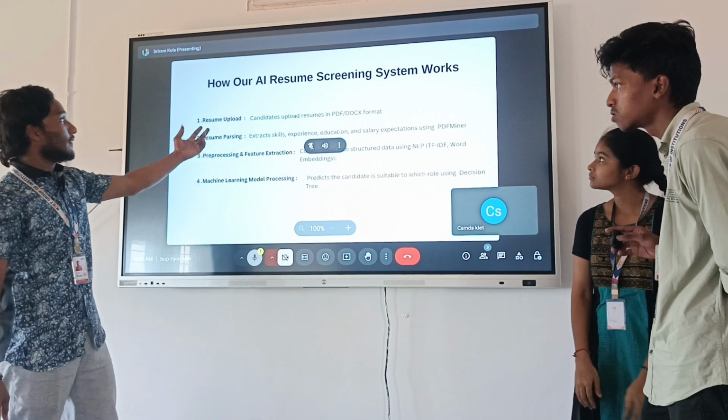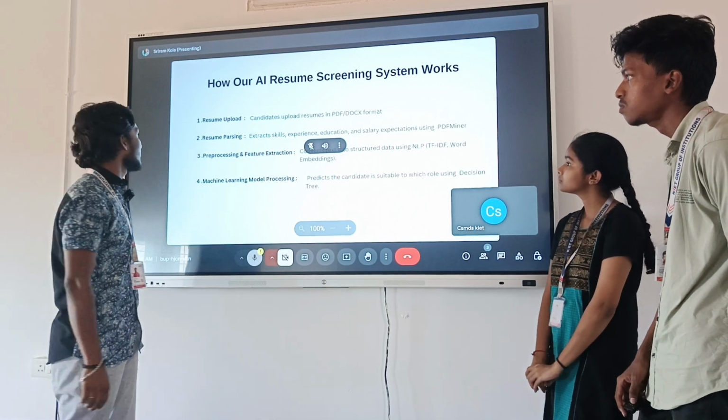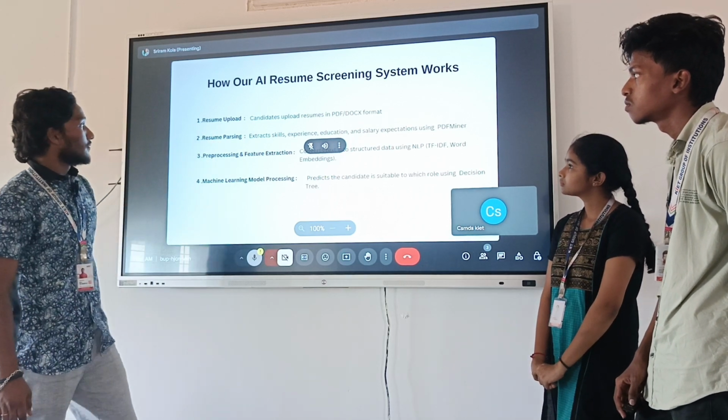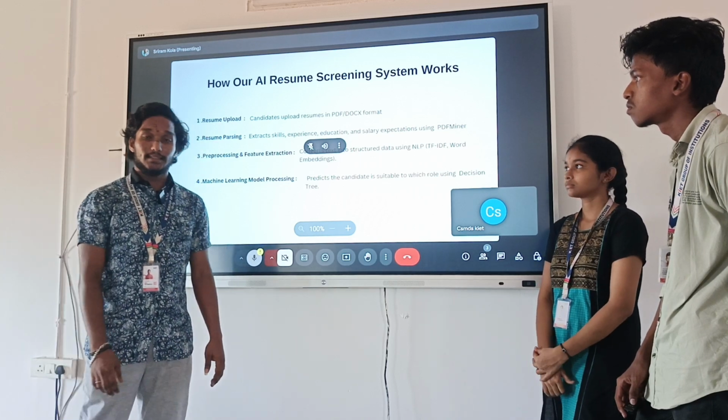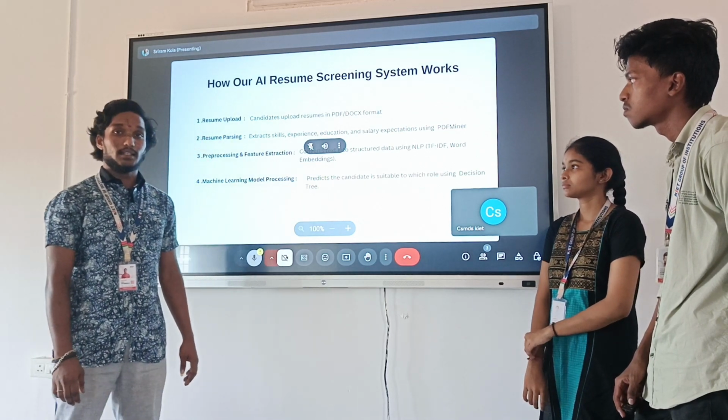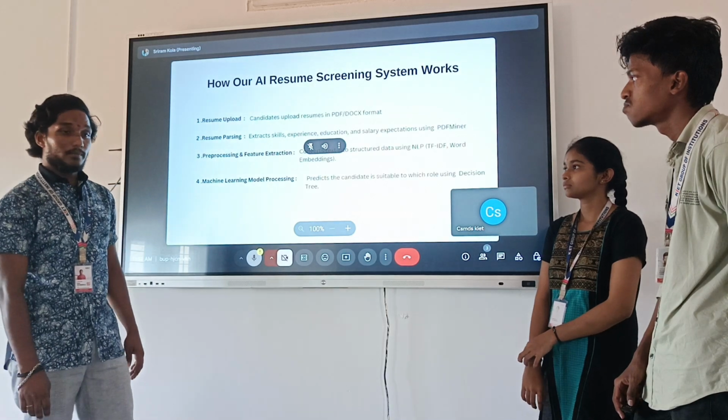Now, how does our AI resume screening system work? Resume upload: we can upload the files, take the dataset from Kaggle and extract it into Google Colab.